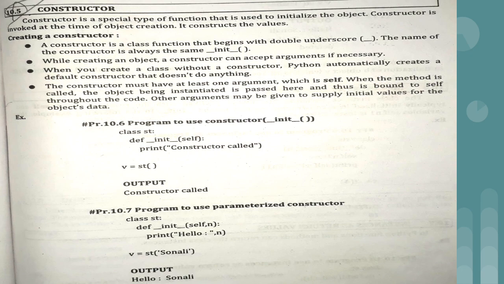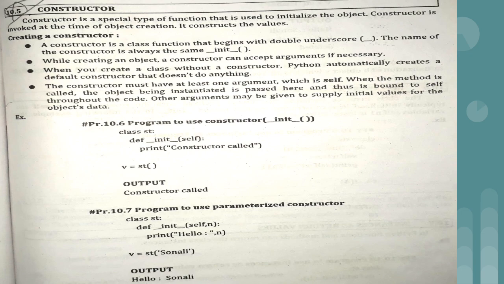If we are not having a constructor, like in the first program which we have seen, then it automatically calls the default constructor, and basically the default constructor means the constructor which has nothing in its definition. The fourth point: the constructor must have at least one argument, which is self. Like in a method in Python, whenever we create a method inside the class, we provide one argument. In the same way, in a constructor also we should provide at least self as an argument. Other than self we can have more, but self is the default argument which we should use.